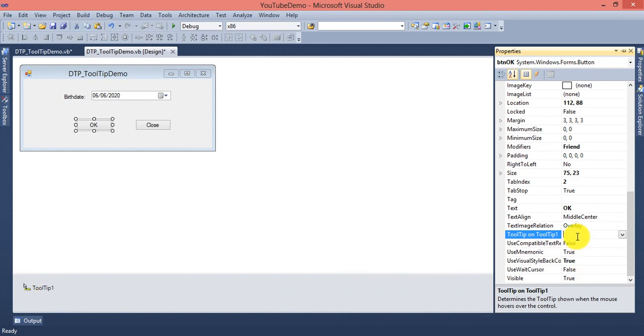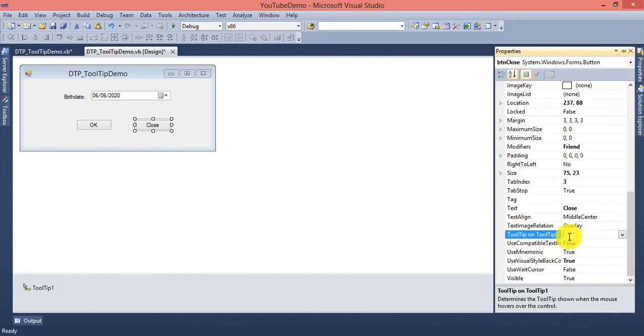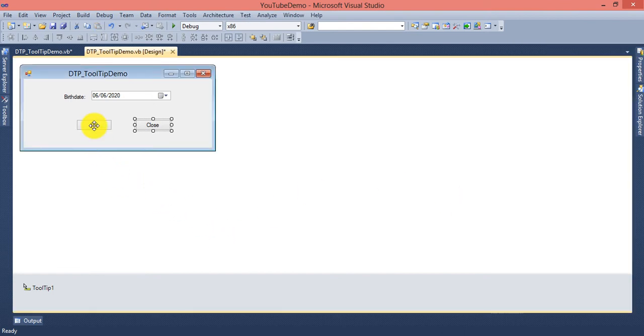Here I'm writing "Click to view birth date" and pressing enter. In the same way I set it for closing: tooltip "Click to close the form". So I'm setting both tooltips for OK and Close.